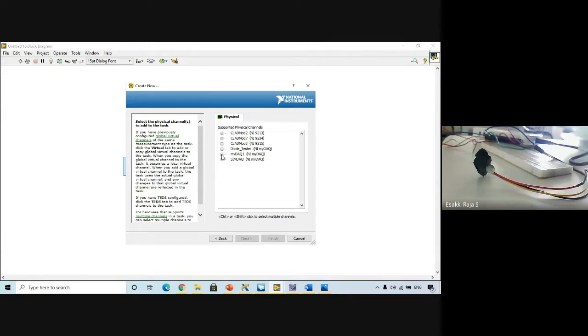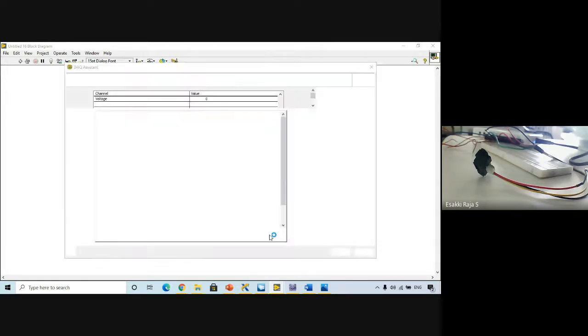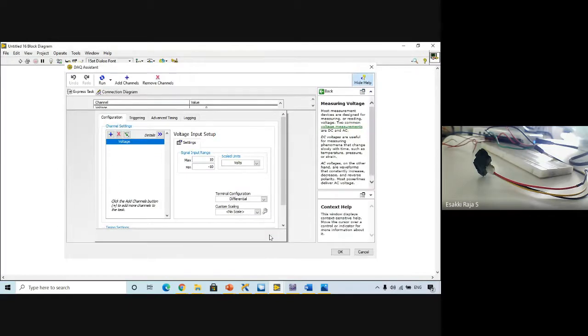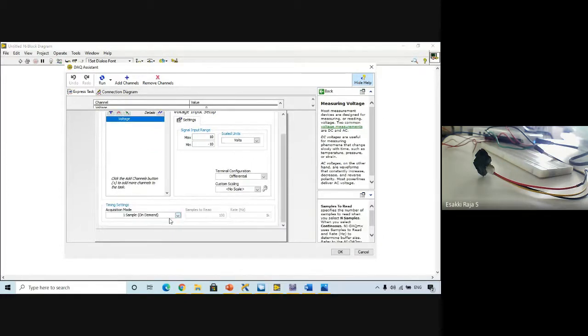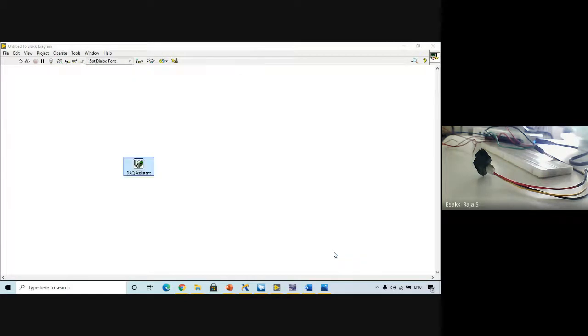I need to choose my DAQ and the channel. Here just one sample. Let me click OK. Now this block is just configured to measure the data.